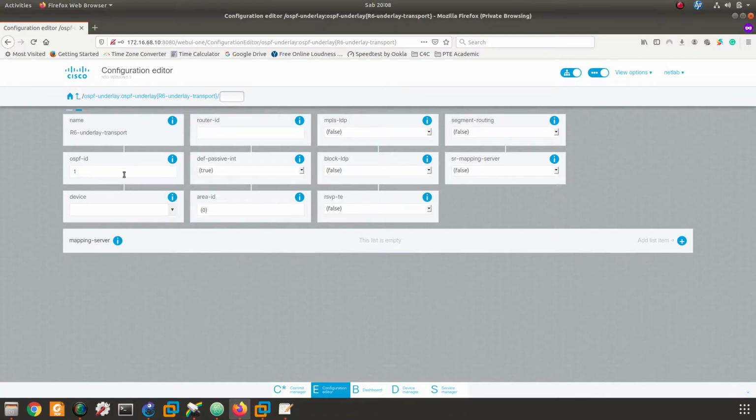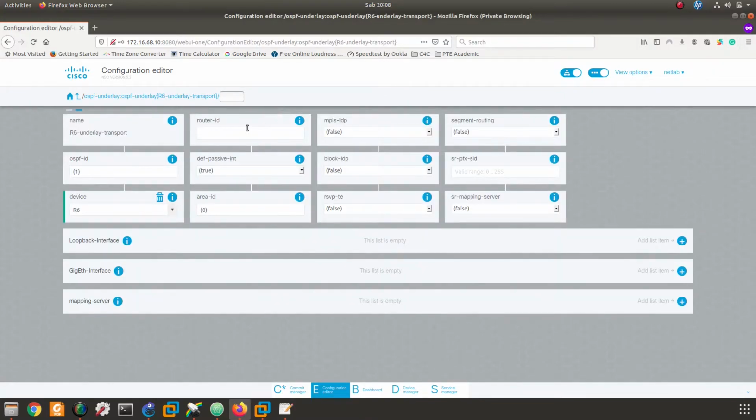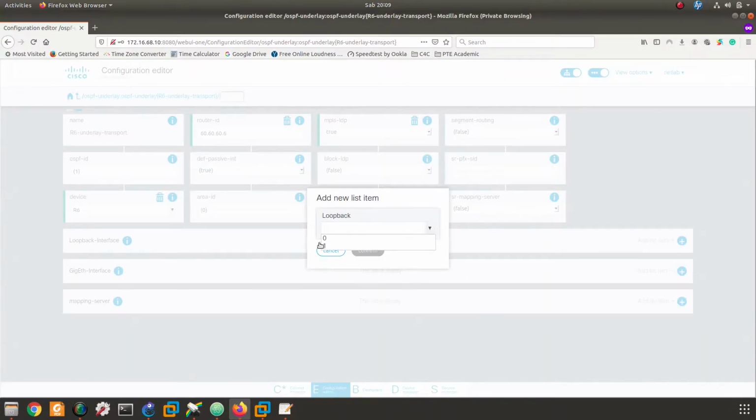Okay, for the default, let's start. OSPF ID is 1, and then we are going to configure on R6, and the router ID is 60.60.60.6. Okay, and then we enable MPLS LDP first. Later on we will enable segment routing, but first I want to activate using MPLS LDP first. R6 RID is 0. Okay, loopback interface, you can choose loopback 0,